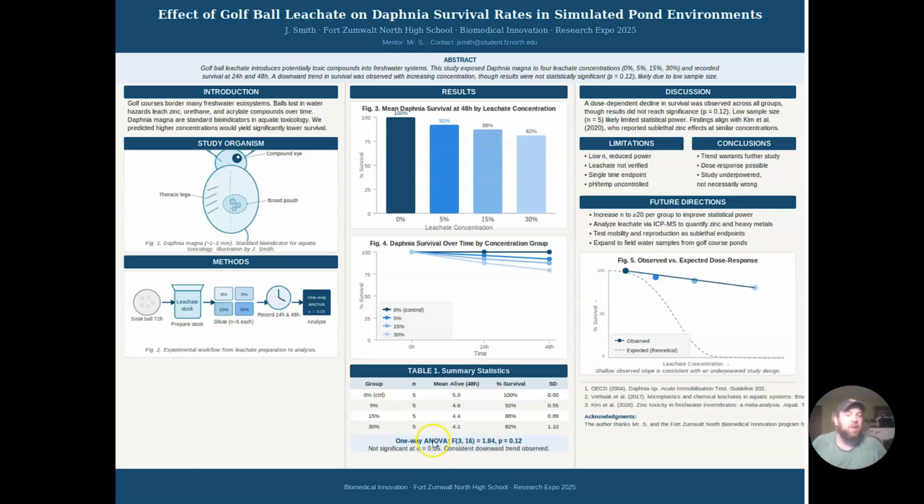This one has a one-way ANOVA, even if the results aren't statistically significant. This p-value is not statistically significant. Notice that this is set up in a way that you can show all that has happened in your project